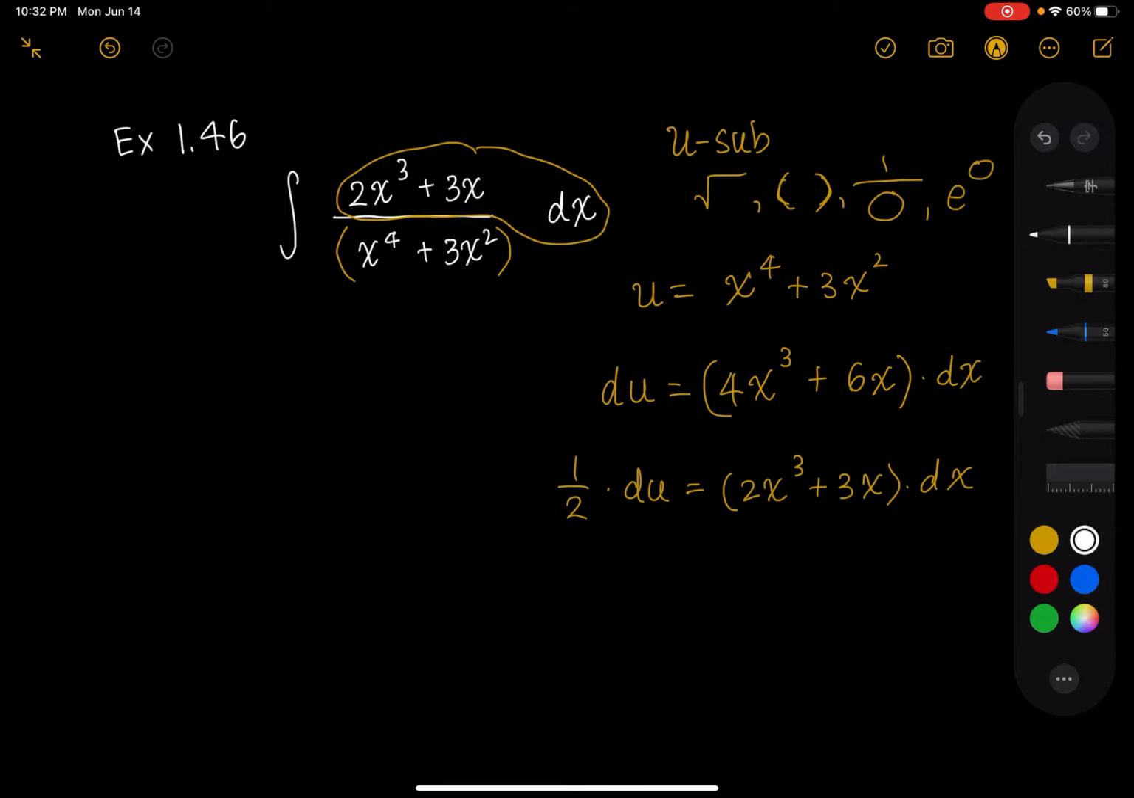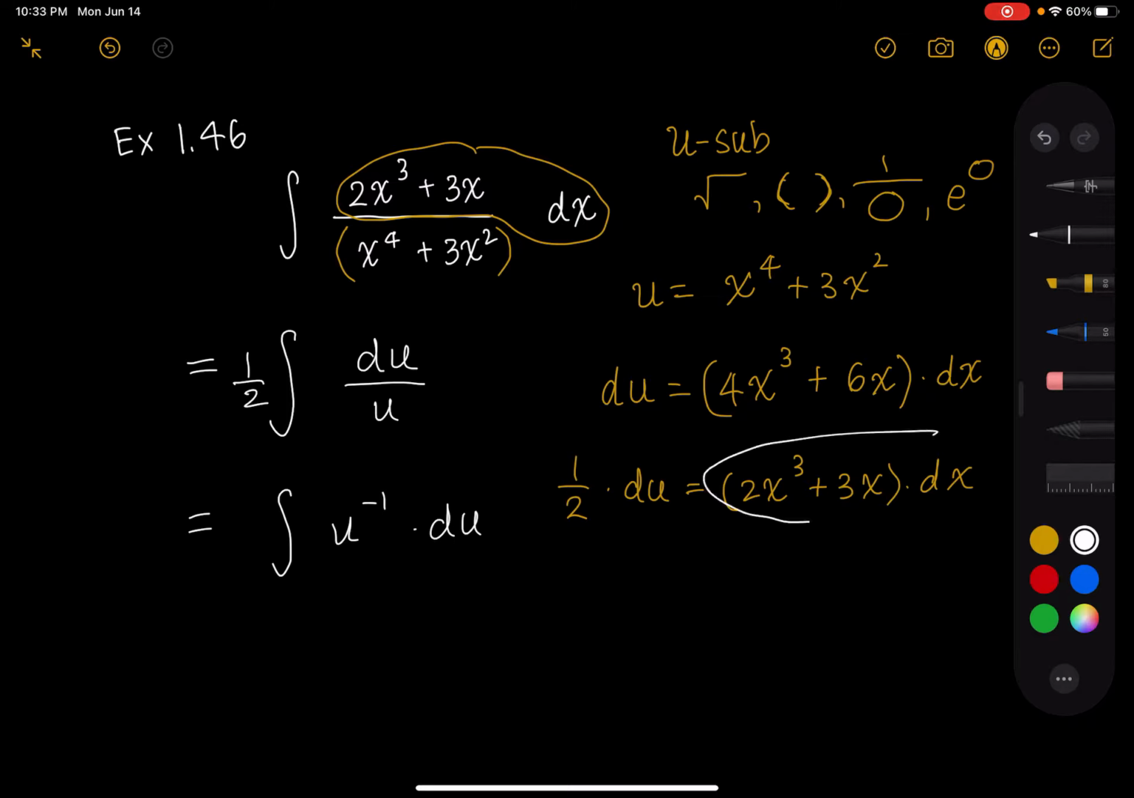So we can transform the integral to be du over u. Or you can rewrite it to be u to the -1 power times du. And that is a formula for u to the -1 power. Sorry, missing the 1/2, because this whole thing is 1/2 du. So we can apply the formula to get 1/2. U to the -1 power is ln of